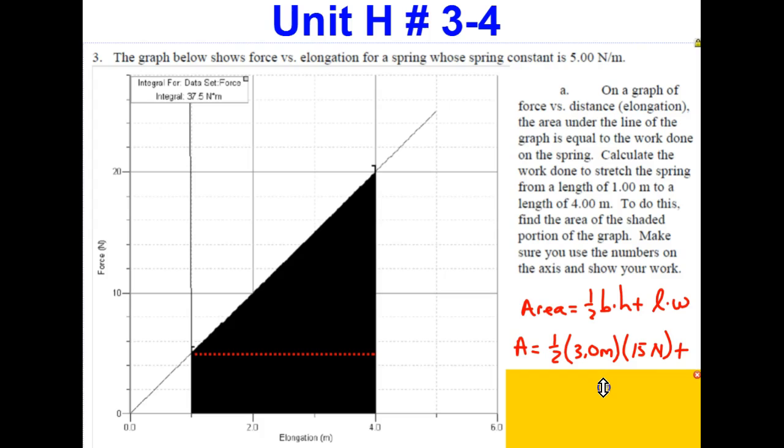So A equals, for the triangle, 1/2. The base is 1 to 4, so that's 3 meters. And our height is from 5 to 20, so that would be 15 newtons. Plus, our length, again, would be the 1 to 4, so that would be 3 meters. And our width of our rectangle would be from 0 to 5, so that would be 5 newtons. We go ahead and add all that up, do our multiplication first, and then add those together, and we get